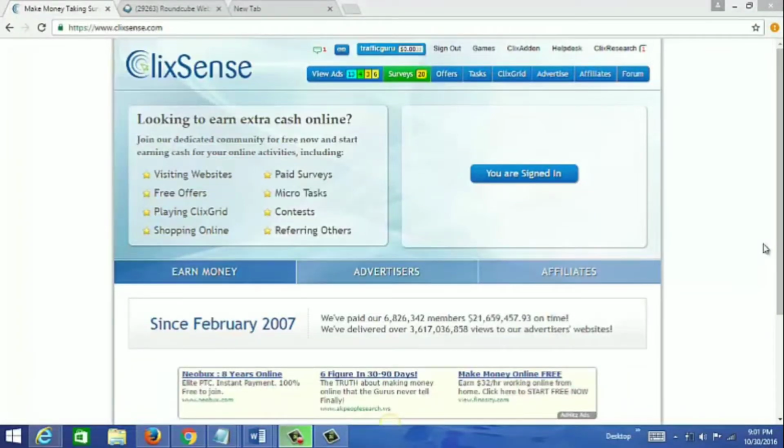Now, I just want to share a couple of tips on how you can get the most out of your ad campaigns here on the ClickSense network. Okay, so the first tip I want to share is to tailor your ads to your target audience. And I know that's marketing 101, okay? So in this case, you want to tailor it to the ClickSense members, and you have to understand who you're